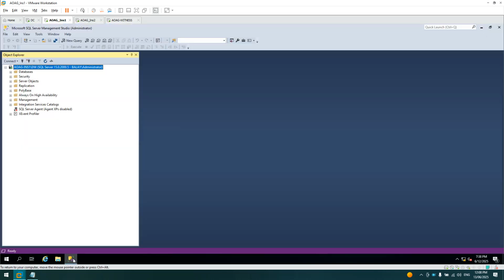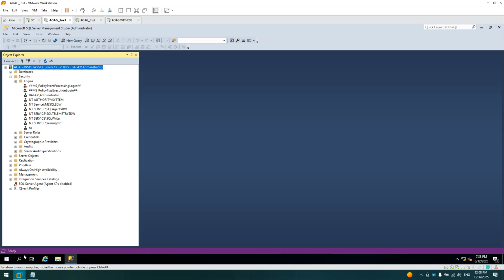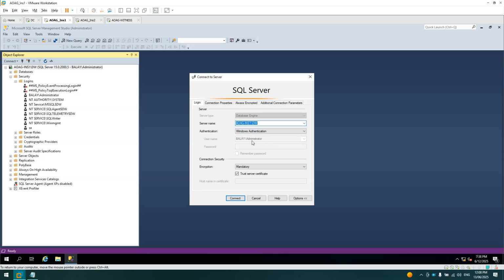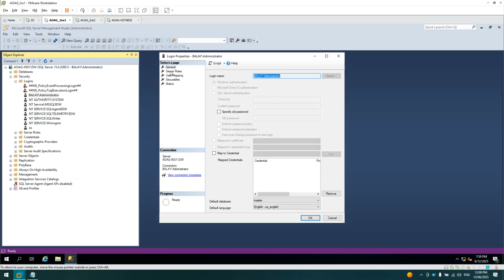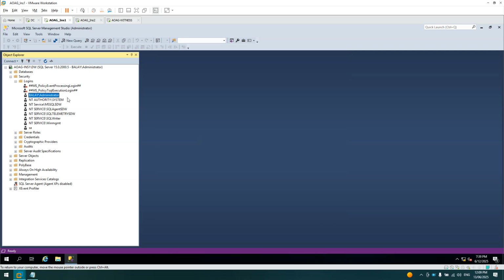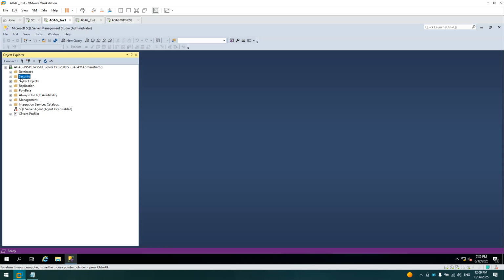Then open Management Studio. In here, first make sure that the account we are using when we log in, I'm using the domain administrator account, is a system admin. Okay, by default it's a system admin. It's good. So now let's create a database